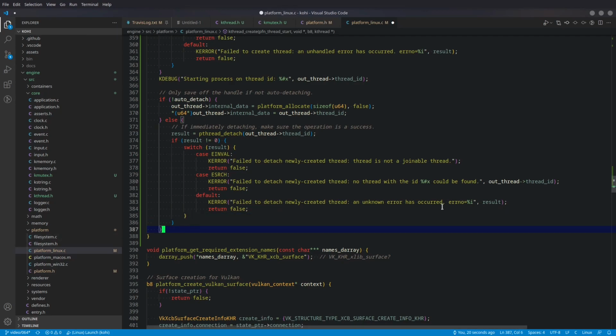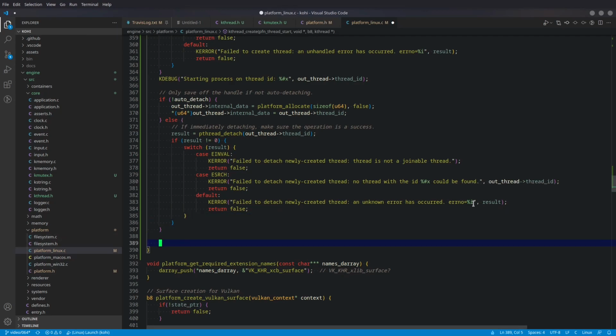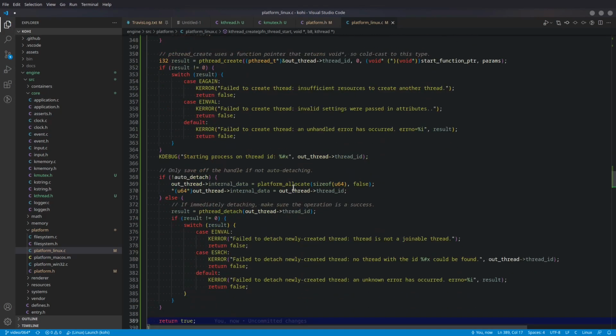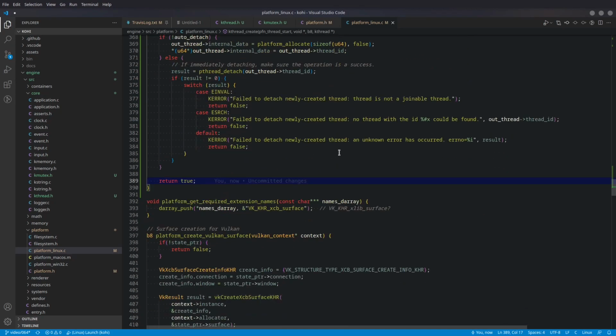Okay, so if we get all the way to the bottom of this and we haven't had any errors yet, we're going to go ahead and return true. And that is our thread created. So there's not a whole heck of a lot code-wise to actually standing up a thread, thankfully. The next thing